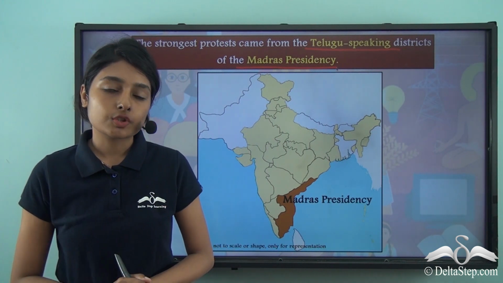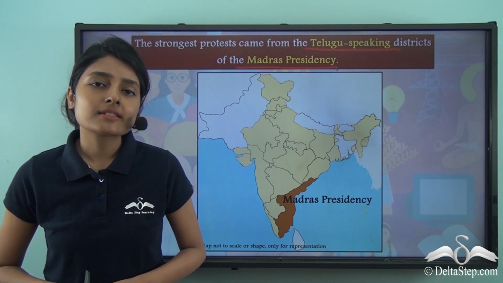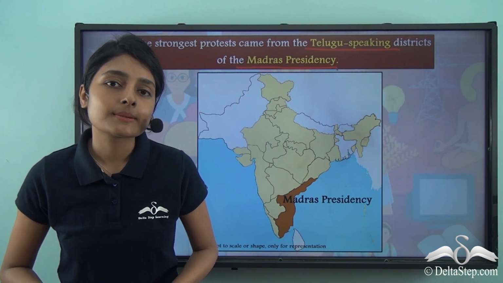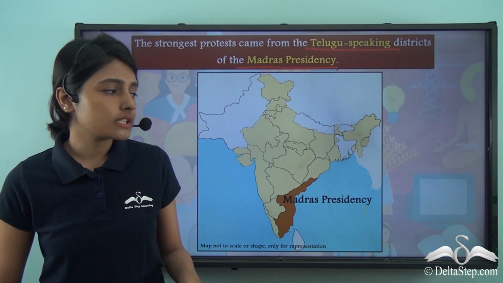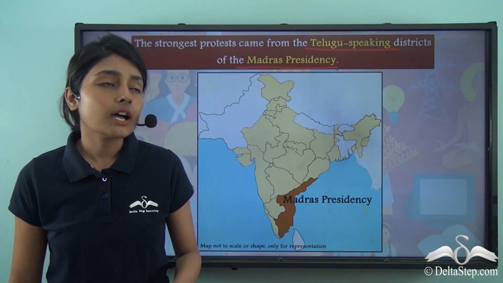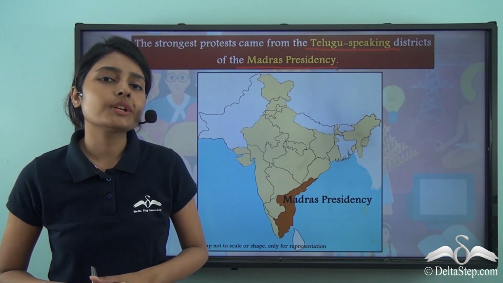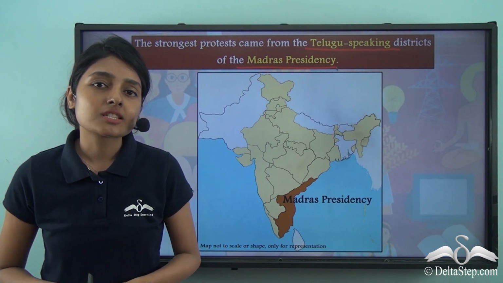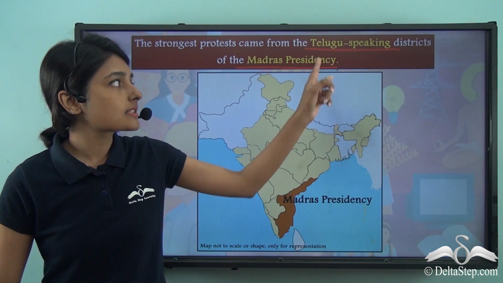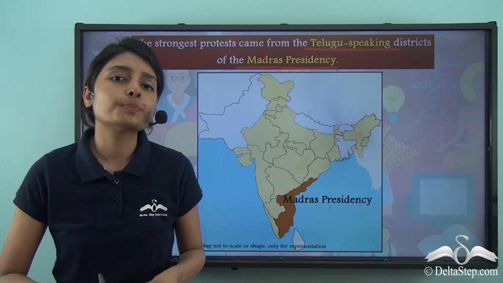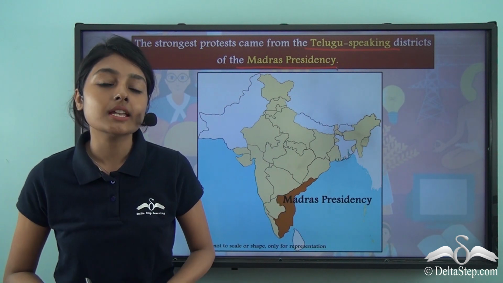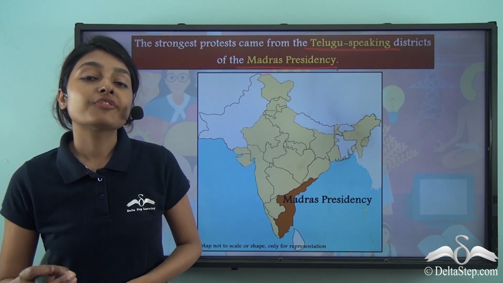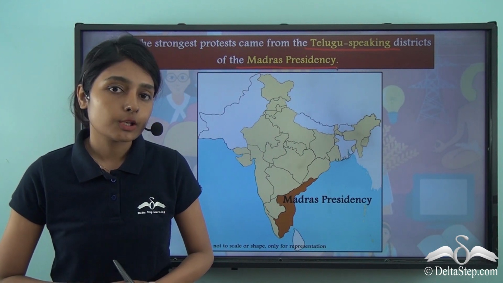Now, in Madras Presidency, the Tamil speakers were more dominant and preeminent. They had more power and authority in the Madras Presidency, which is why the Telugu speakers were not really happy with being clubbed together in the same state with the Tamil speaking people. And so these Telugu speaking people were now wanting to break free from the Madras Presidency in order to have their own state so that it can be filled with people who spoke the Telugu language.